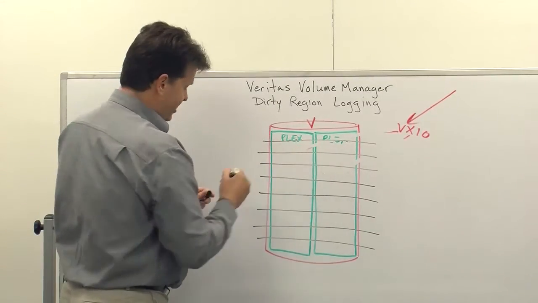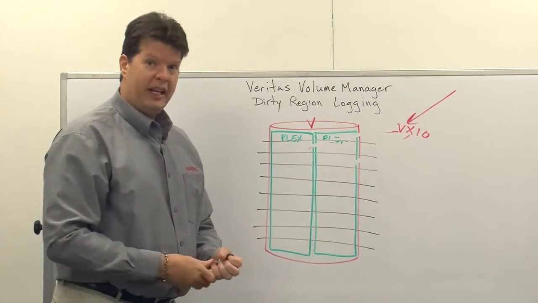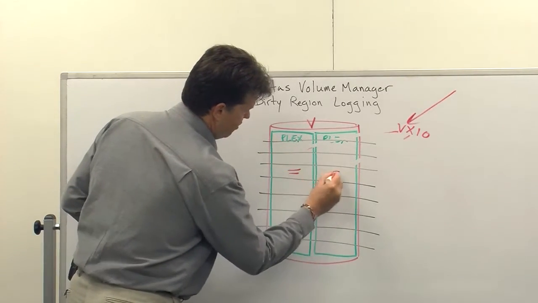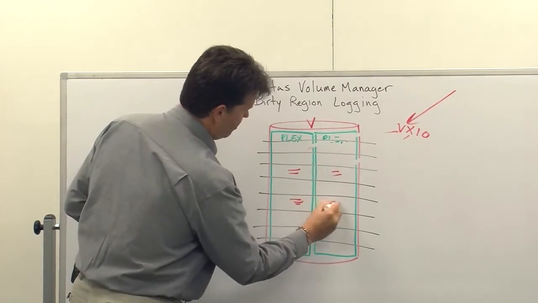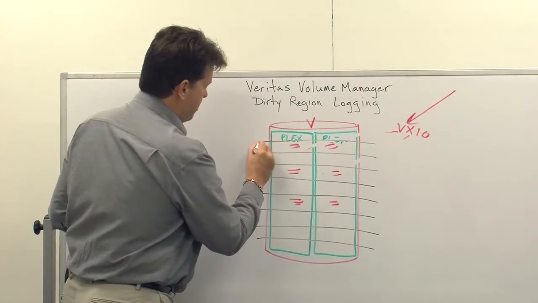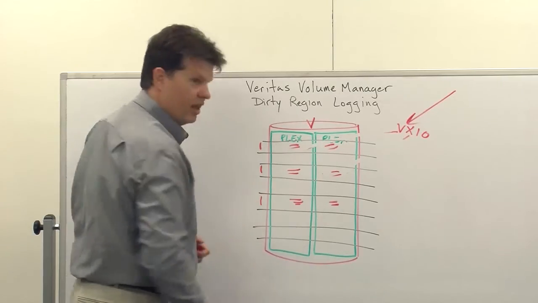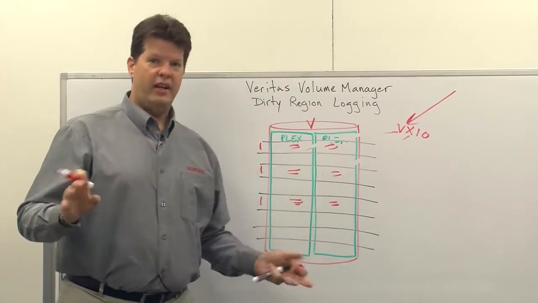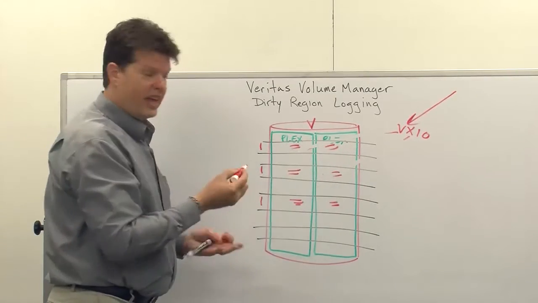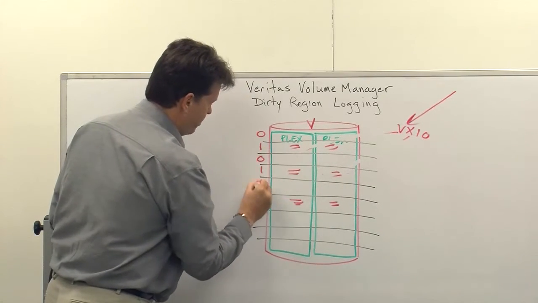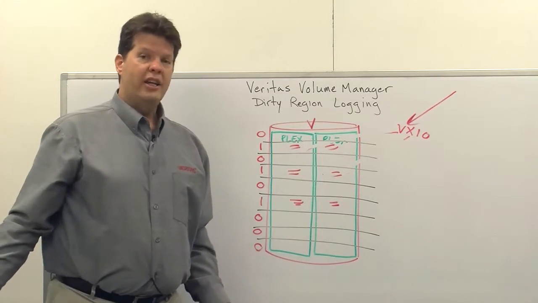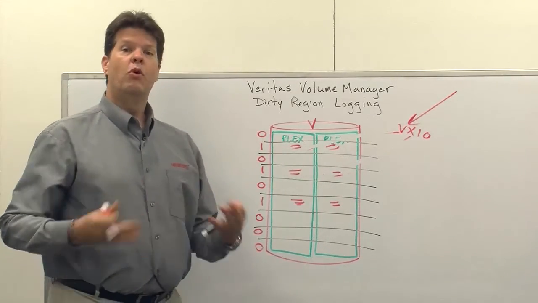So if there's data in flux, meaning there's writes going on in a particular region, like I have writes going on in here, maybe writes going here, and writes up here or something, then each one of those regions will be marked with a 1. Any region that doesn't have write activity going on, which is static, both sides are exactly the same, will be marked with a 0. So in the event of a crash, when we come back up and perform a recovery,